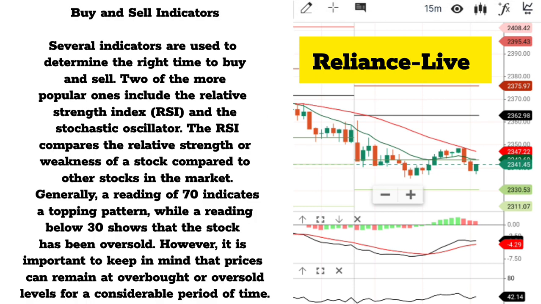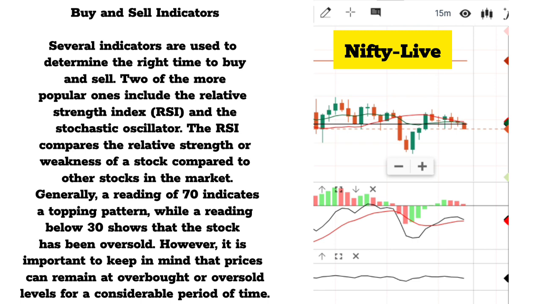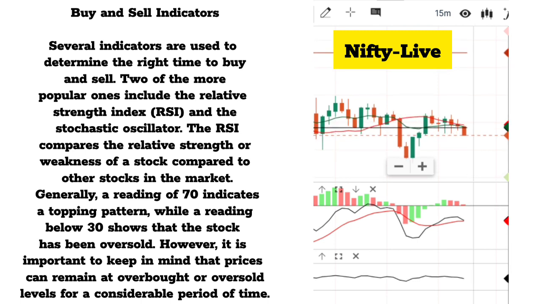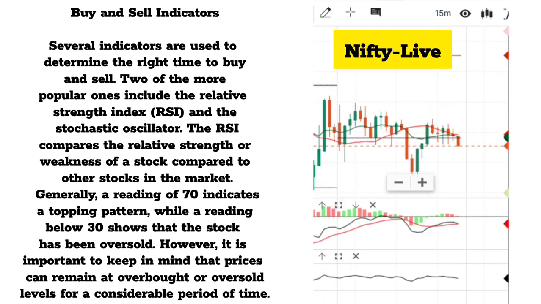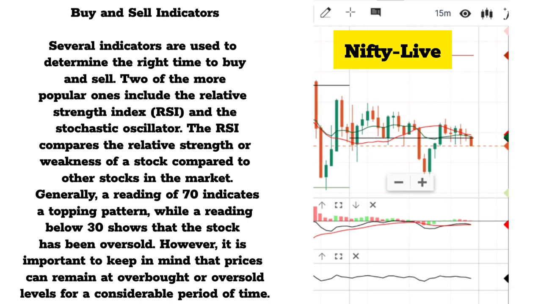Buy and sell indicators. Several indicators are used to determine the right time to buy and sell. Two of the more popular ones include the Relative Strength Index and the Stochastic Oscillator. The RSI compares the relative strength or weakness of a stock compared to other stocks in the market. Generally, a reading of 70 indicates a topping pattern, while a reading below 30 shows that the stock has been oversold. However, it is important to keep in mind that prices can remain at overbought or oversold levels for a